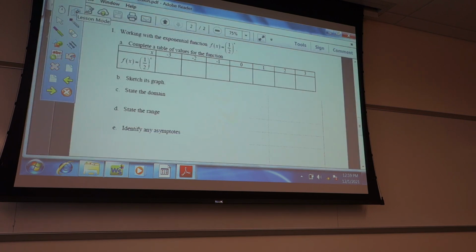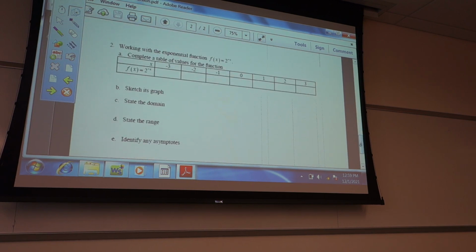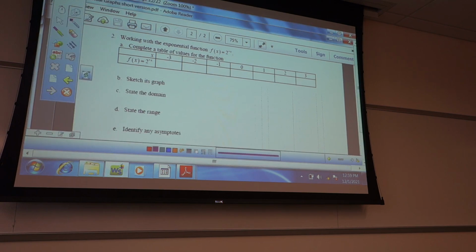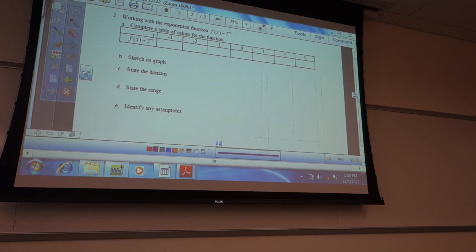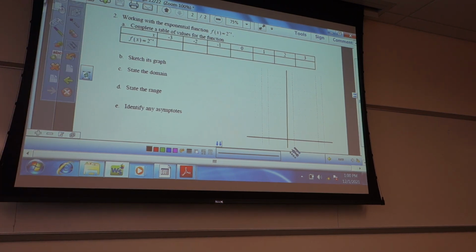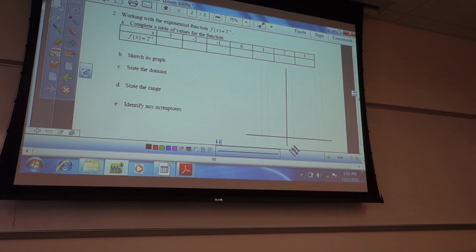Okay, let's take a look at the next one. Now it's 2 to the negative x. So everybody work on doing these ones. It should go a bit quicker. And again, I would do my graph along here and along there, since I know my y's are only going to be positive. My y's always end up